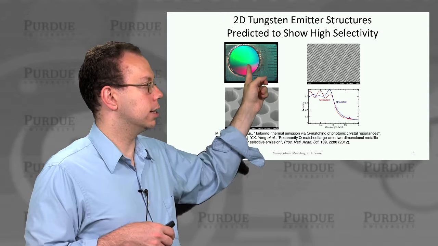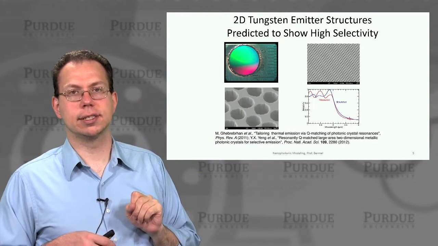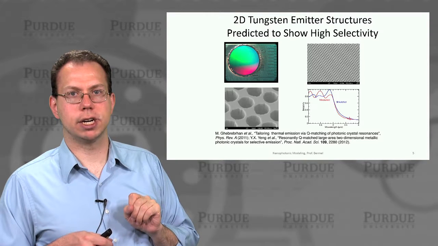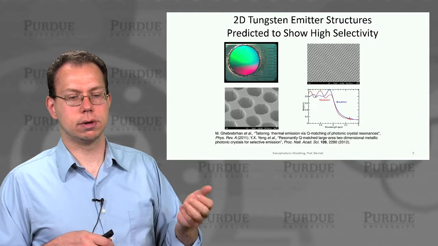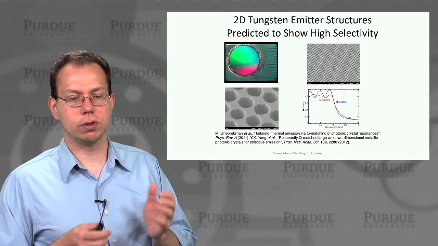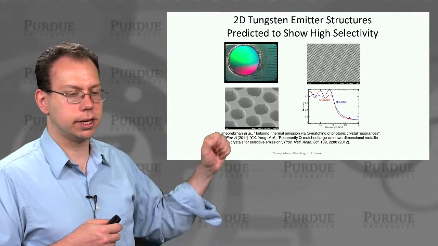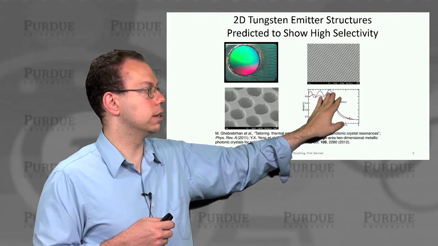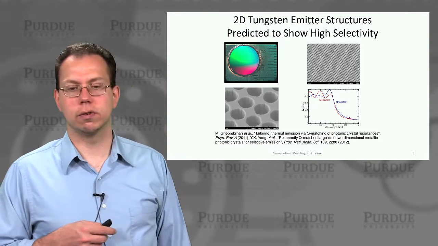But if you look at it on the macro scale, this is just a photograph, you can actually see that it's very colorful, because it has all these periodic structures and it changes color depending on the angle, which is a sign of periodic structure. And if you look at the emissivity or the absorption as a function of wavelength, you can see it's fairly absorptive in this range in the near infrared, and then it drops a lot as you go to longer wavelengths.